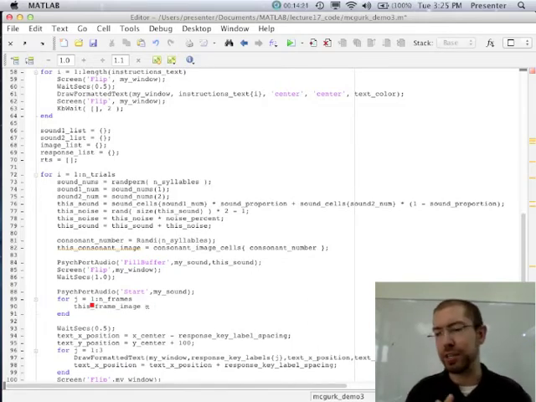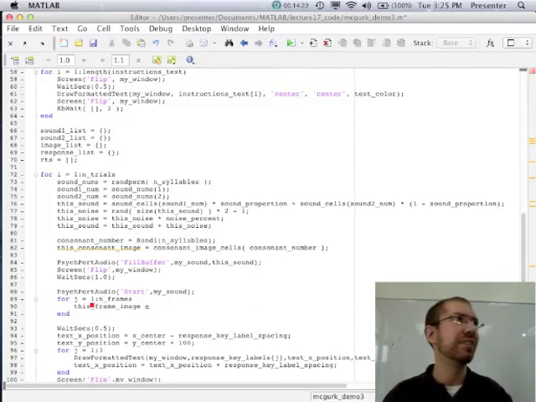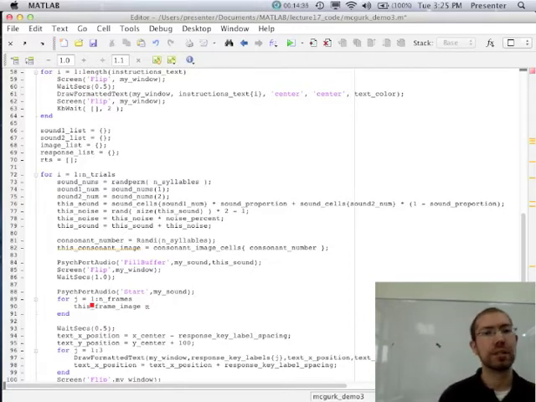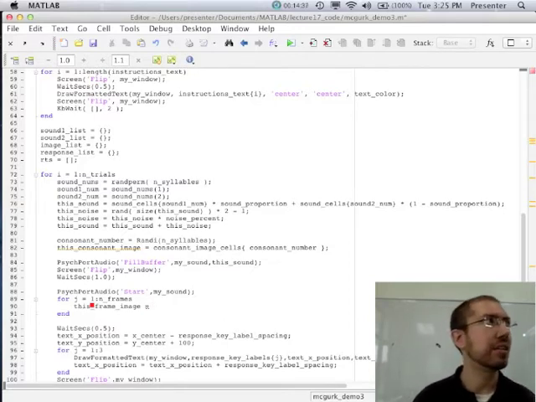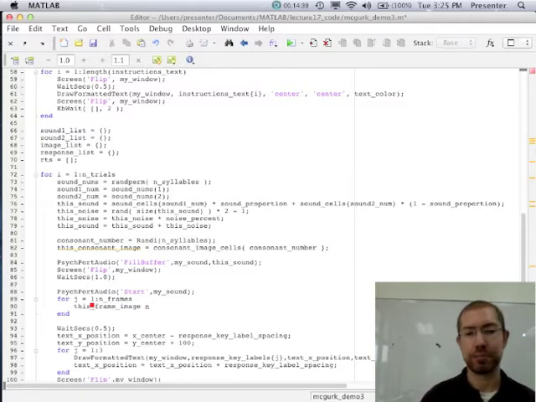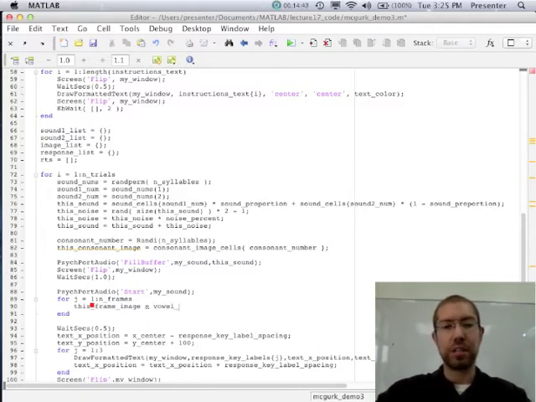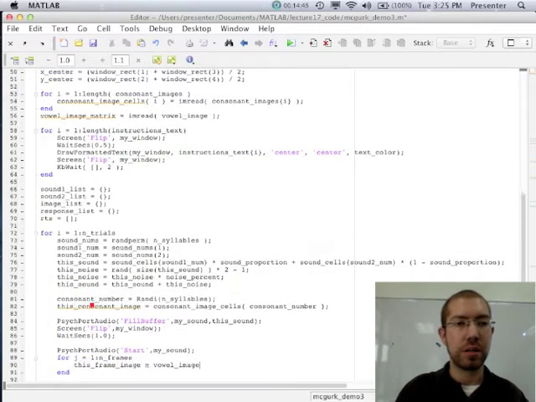I think I called it this image in the version I sent you guys, but again, let's make things a little bit more descriptive when we can. So what we really want to do, remember what we said, is we want to start out with basically 100% the consonant and blend it frame by frame until we end up with an image that's 100% the vowel picture, right? So what we really want to do is take our vowel image, and we have this